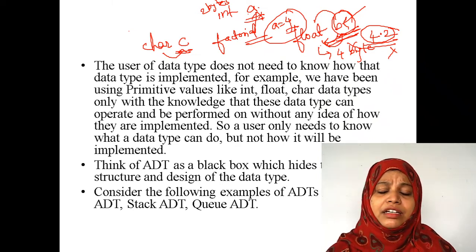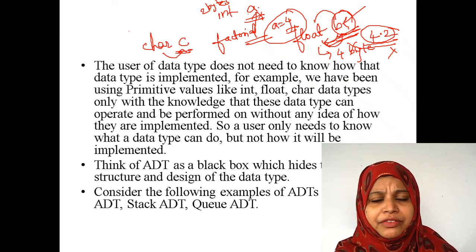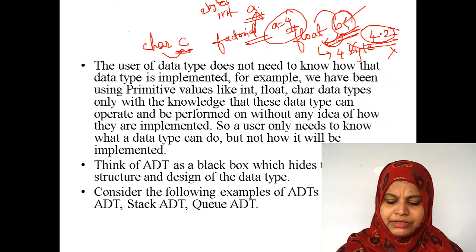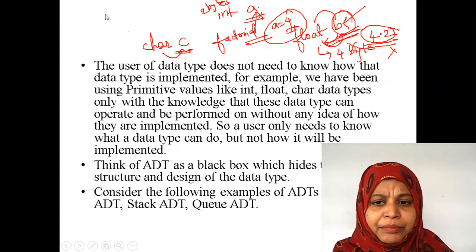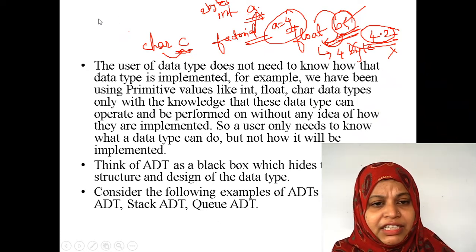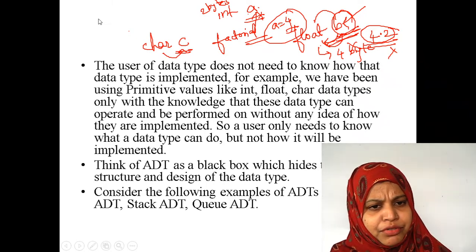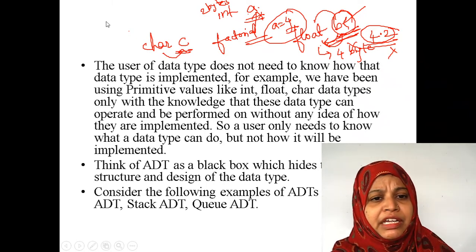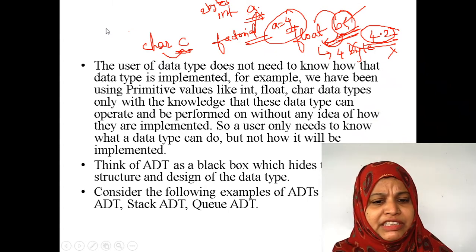This is just like an abstract data type. This is known as the abstract data type. We don't know how memory is going to be assigned to these variables, right? Whereas in an ADT, we just know what type of value we are going to store, but how that information is going to be implemented in that particular variable, we don't know, right.